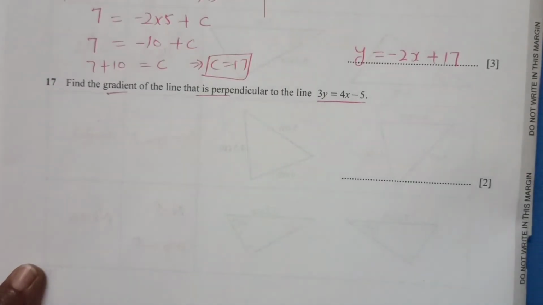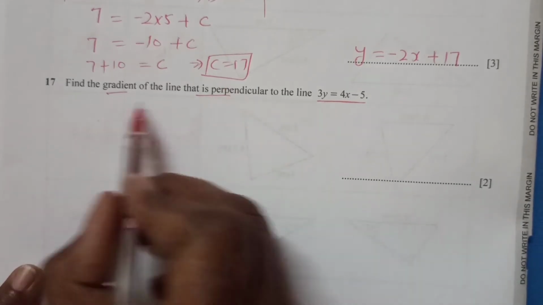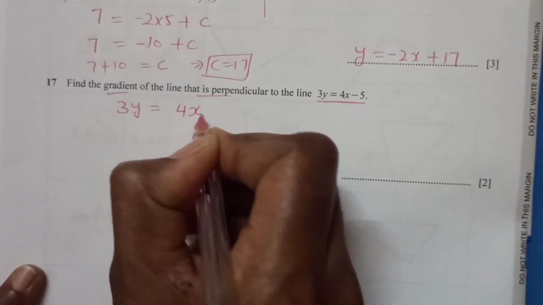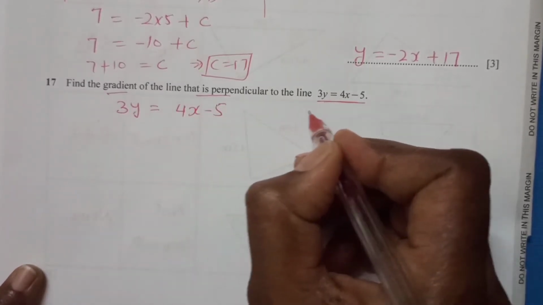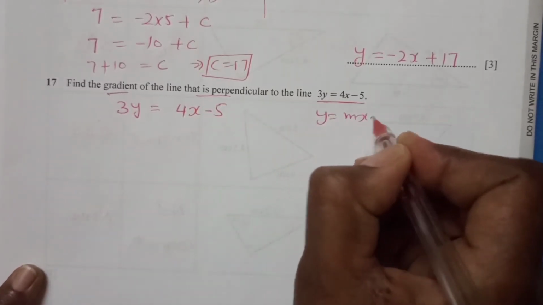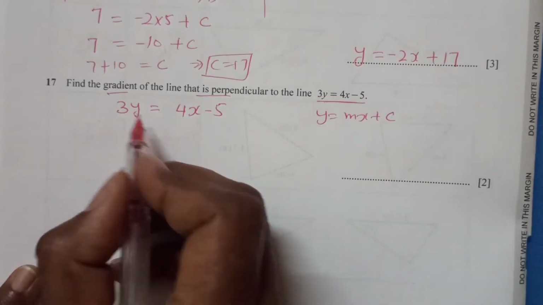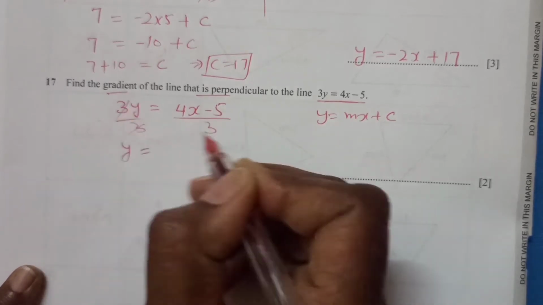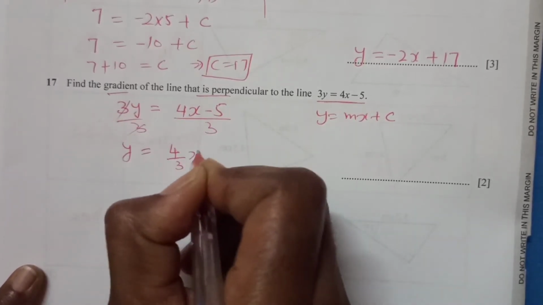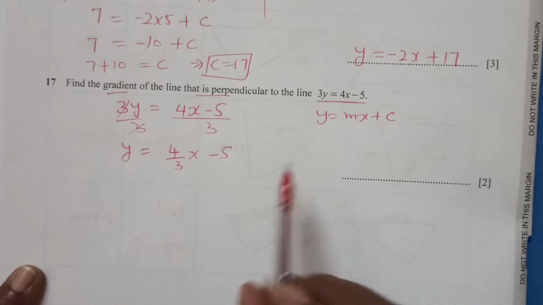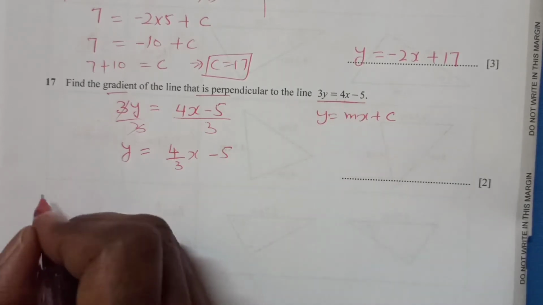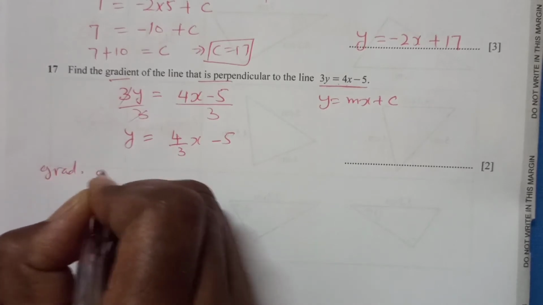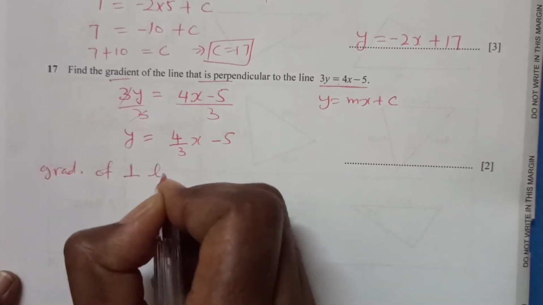So we are looking for a line's gradient which is perpendicular to this. So first of all, I will write down this equation. We are going to write it in the form y equals mx plus c. So divide by 3, divide by 3. So this is y, the 3 and 3 are gone. So this is 4 over 3 x minus 5. So this is the equation of this line, right? Now we are looking for the gradient which is perpendicular. Now the gradient of the perpendicular line